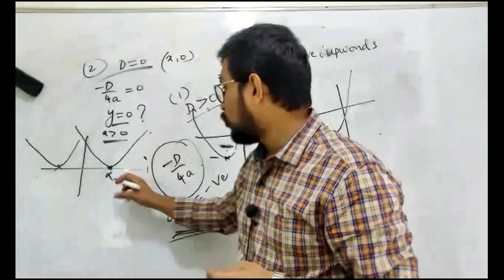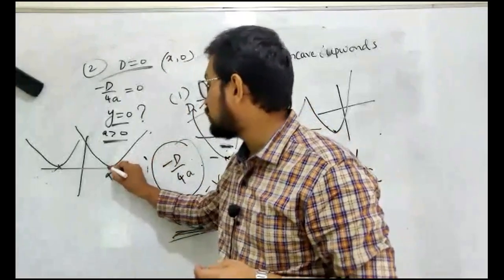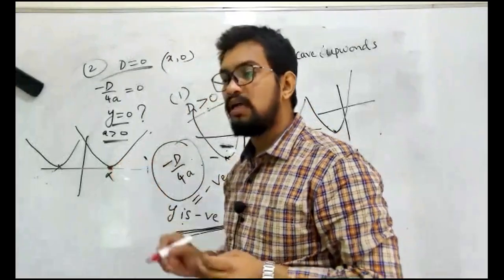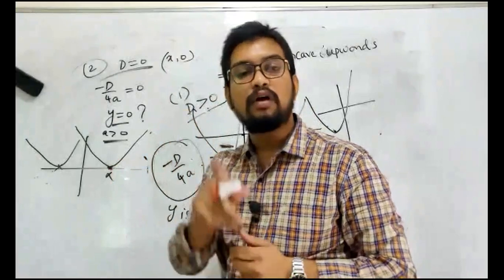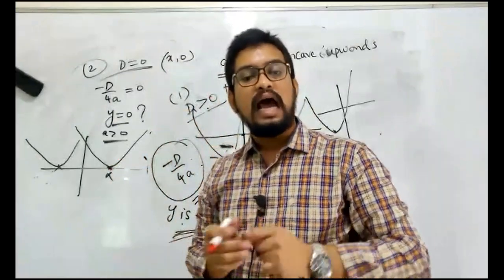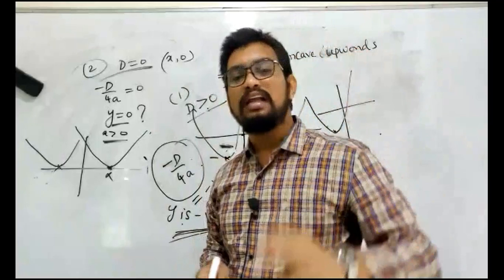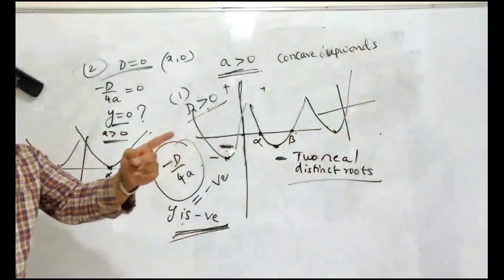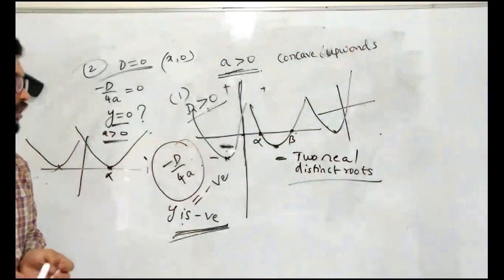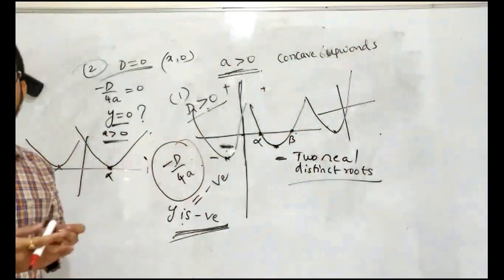And this is a real root. There is a real value. This graph is touching this point, the graph touches the axis, and there is one real value. As there is one real value, it means there must be 2 real values. What is happening? Where is the other real value?